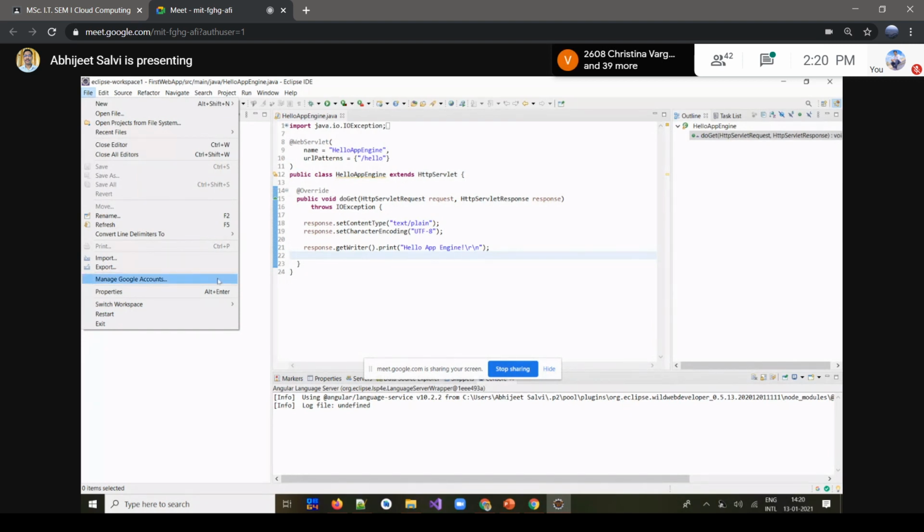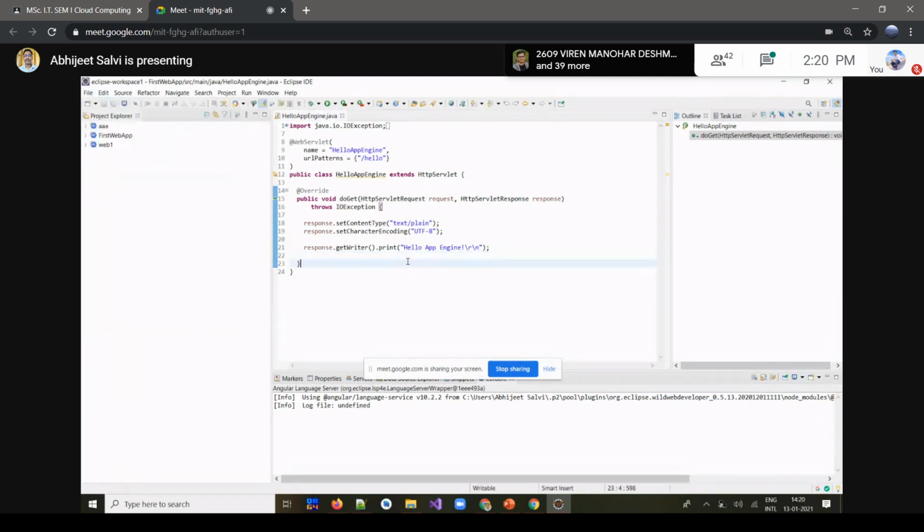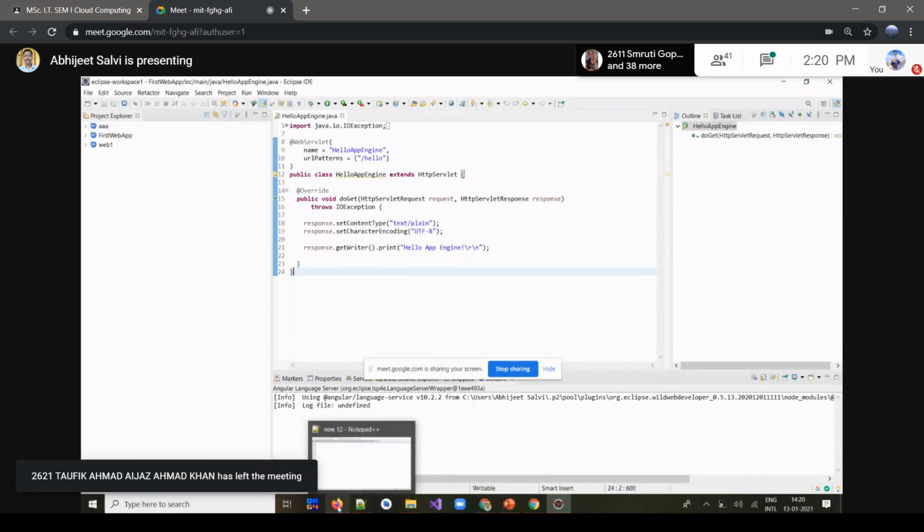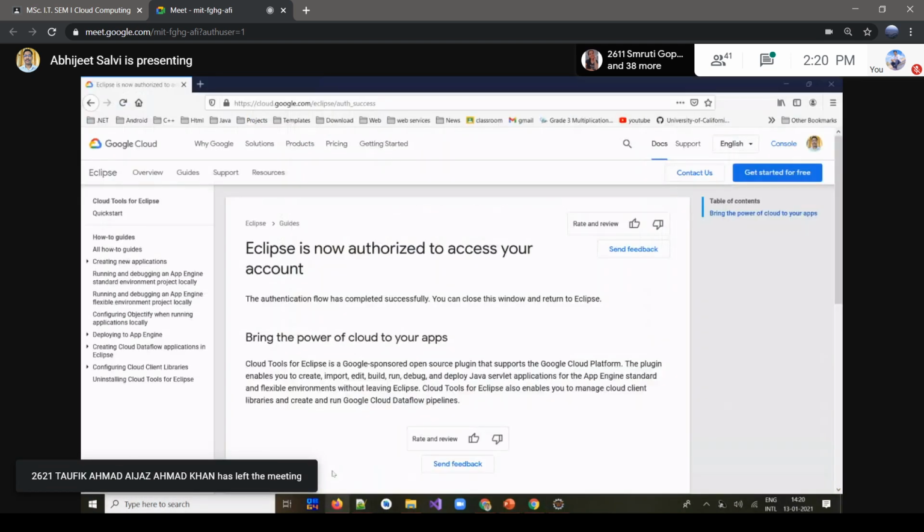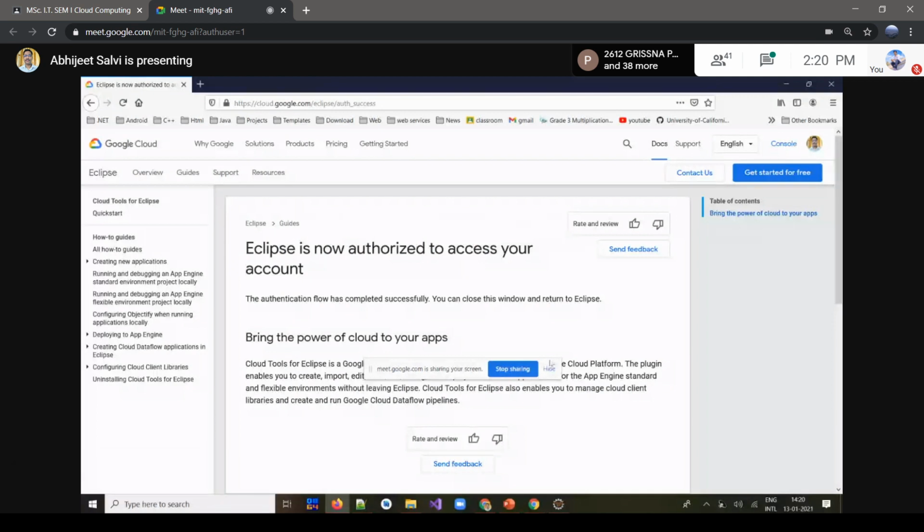Okay, so just recollect all the things we are doing now. We have to go back to that web application, and in Google Cloud, we will get so many options over there.